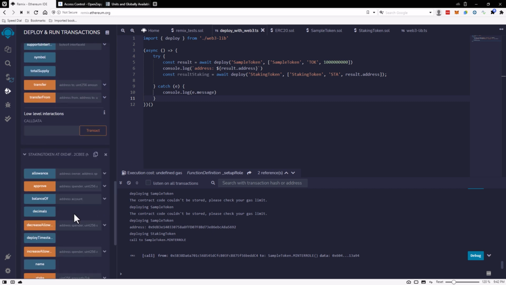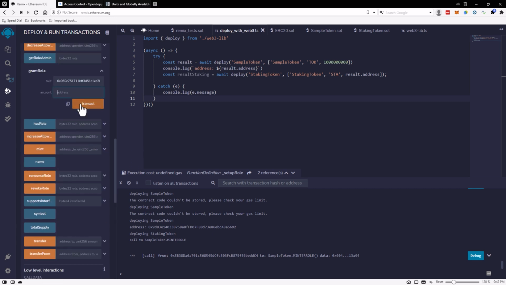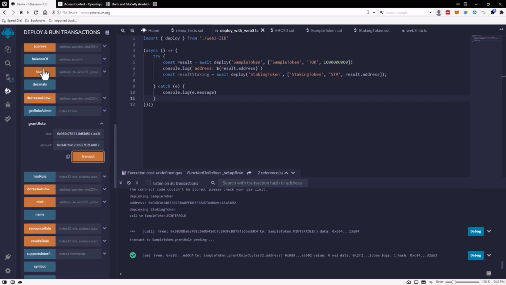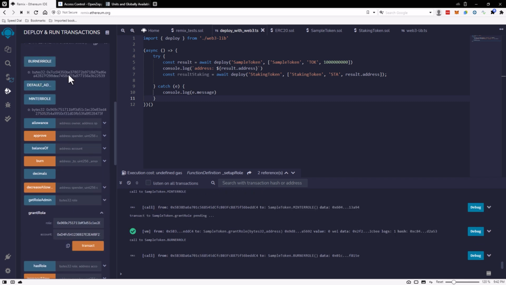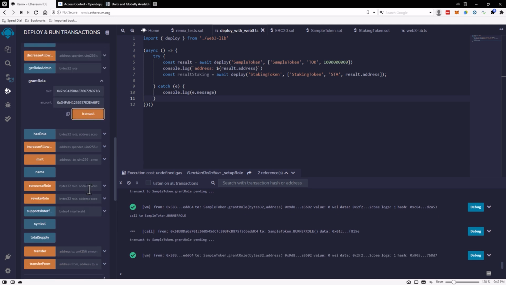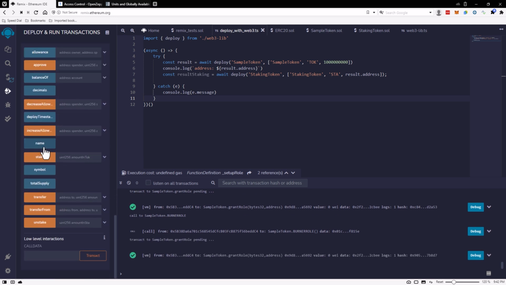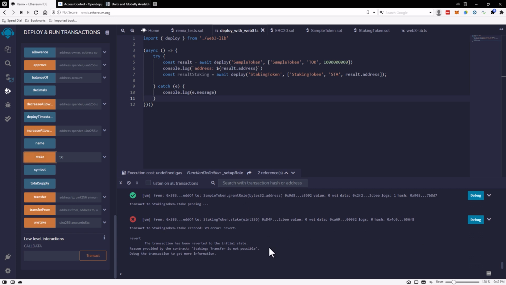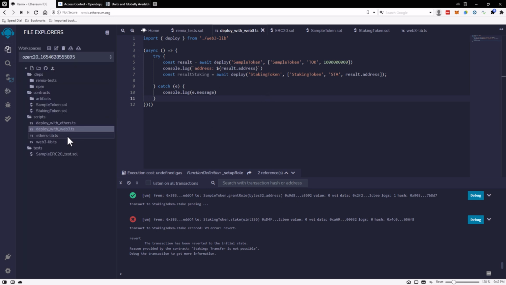So the role ID is this one. Our staking token contract. Our staking contract is this one. Okay, that's fine. And then our burner role is this one. So our staking contract has the roles now, and we can maybe now stake. No, we still cannot. Staking transfer is not possible. Okay, so we have another bug in there, but before we do that, we are going to use